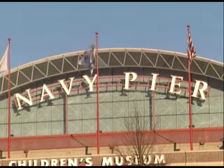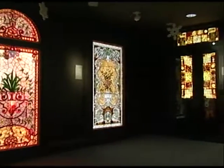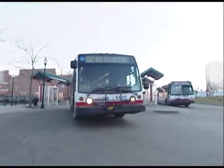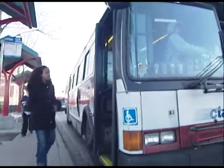Chicago's Navy Pier is home to the Chicago Children's Museum and the Smith Museum of Stained Glass Windows. To accommodate visitors, the CTA has more than 1,100 bus trips serving Navy Pier on weekdays and more than 500 trips on weekends. We've got 3 scouts who are junior scouts currently bridging to be cadets next year, and I'm